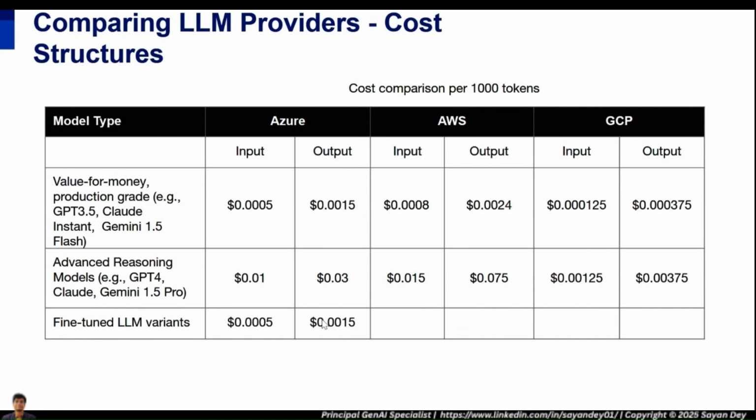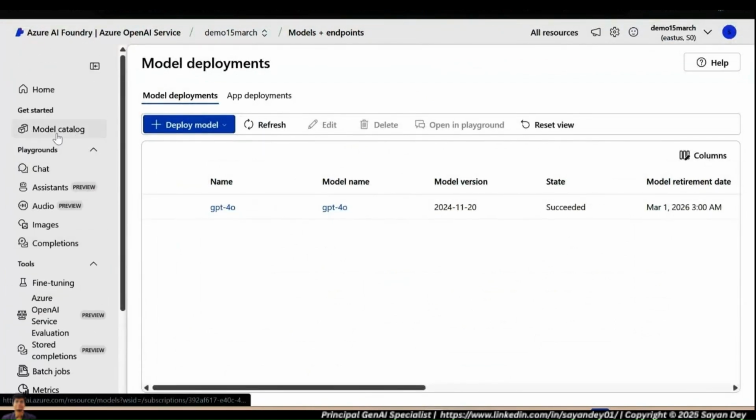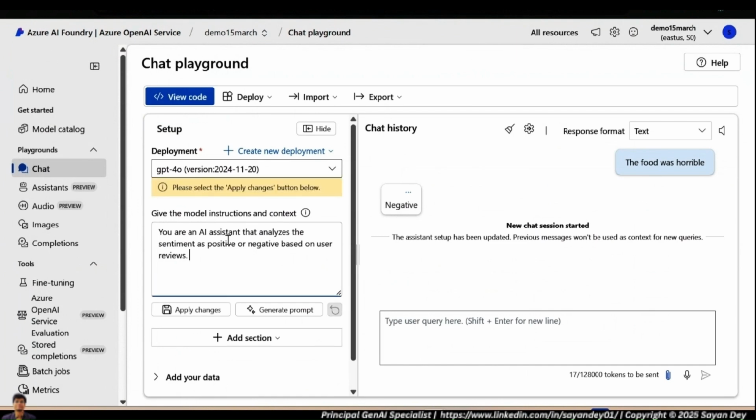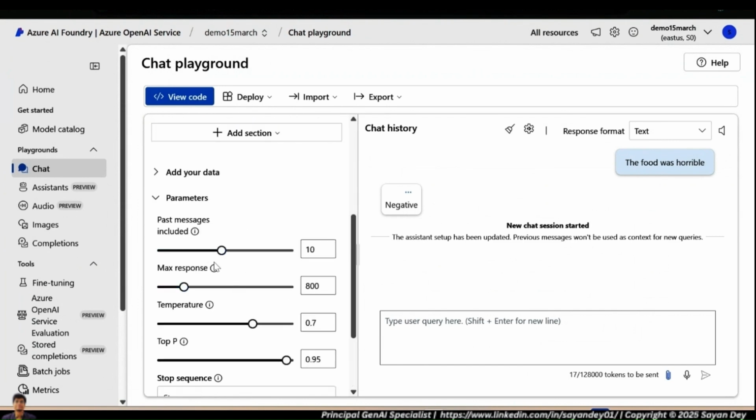And the output part we can also limit. How do we limit the output part? We usually limit it with respect to the prompt, right? We can write a more detailed prompt, and we will look at some of those methods later. Usually this will be a part of the system message. We'll say, okay, the maximum output should be 50 words, something like that. But there are a lot of ways you can parameterize it. You can write it directly, you can put it as part of the system message, or you can also have other model parameters, where you can say the maximum response is 500 tokens. You can control some of these parameters, right?